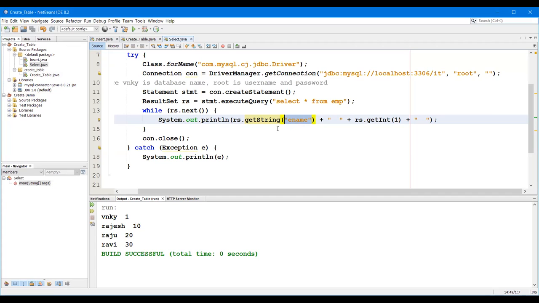And the data type of that particular column we need to give: getString, getInt, getFloat, like that. There are different data types also. In tomorrow's class, I am going to show you the data types and the particular data type of each column. I'm going to show you that slide tomorrow.